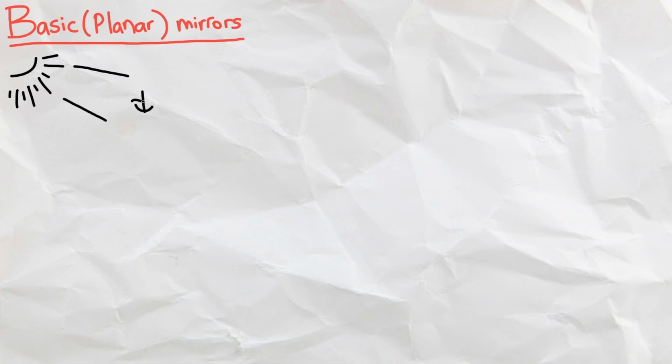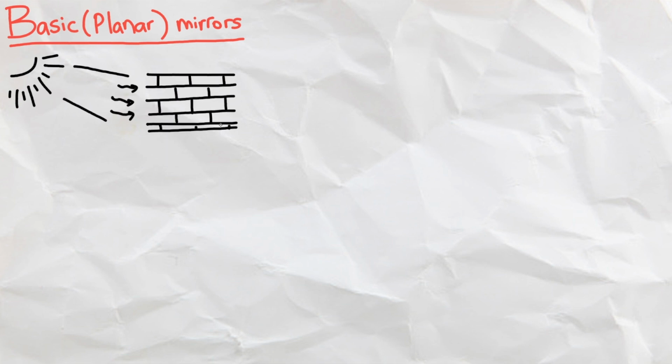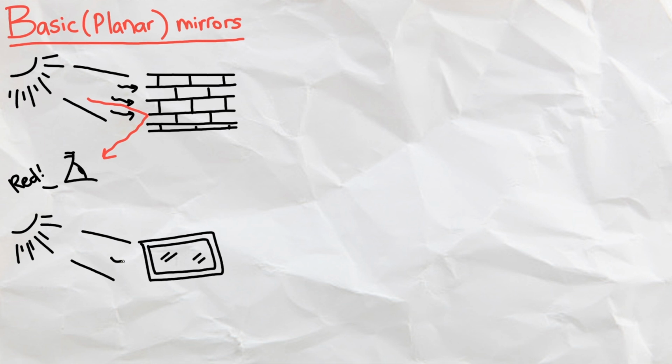Before we talk about mirrors, let's talk about light briefly. When light hits an object, it will get absorbed or reflected based on the material. A brick wall, for example, absorbs all the light except for red, which gets reflected into our eyes for us to perceive a brick wall as red. In the case of mirrors, they barely absorb any light and reflect most of it back,